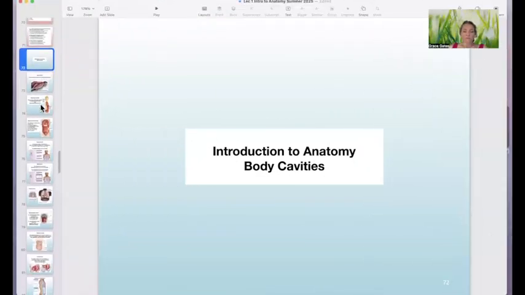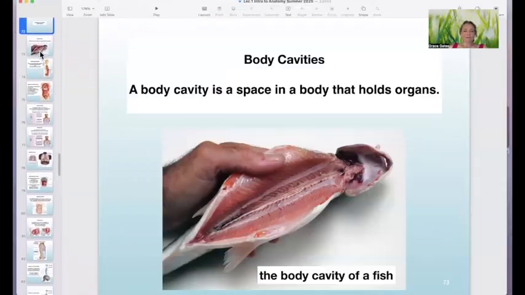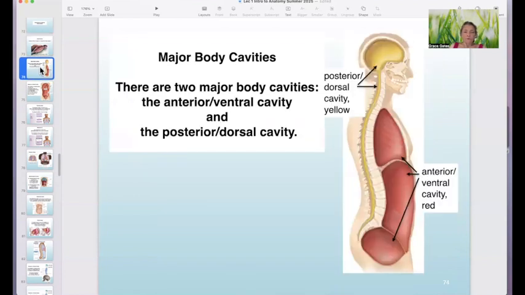Okay, introduction to anatomy, body cavities. All right, so a body cavity is a space in a body that holds organs. And here's a fish that's had its innards taken out so that we can see the body cavity. There are two major body cavities in a human, the anterior or ventral cavity and the posterior or dorsal